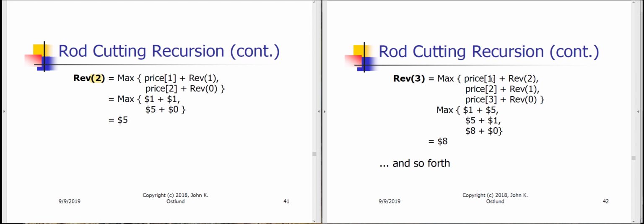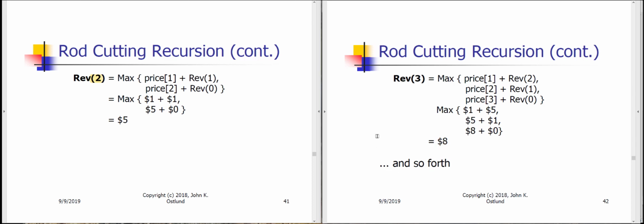that we can get $1 for a 1 foot piece, $5 for a 2 foot piece, $8 for a 3 foot piece, and then we would also have to add in the maximum revenue from a 2 foot piece or the maximum revenue from a 1 foot piece in the case of a 2 foot first cut. Or in the case of a 3 foot first cut, we have nothing left, and so we get $0. Now, if we compute the maximum of these 3 possibilities, we see that $8 is the maximum revenue that we